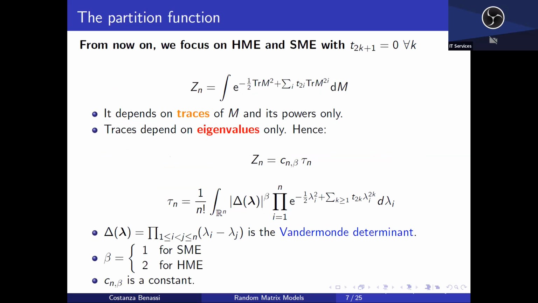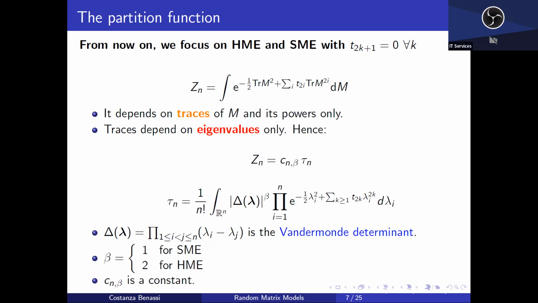So I'm going to restrict myself to a slightly less general case, but it's actually very interesting on its own. So in the case where our potential has only even degrees of interaction. So here, instead of having any possible power, I'm just going to have even powers, okay? And I'm going to exploit a very well-known fact, that given that our potential here depends just on traces, it means that I can write it using only the eigenvalues, and I can recast this Z just as an integral over the eigenvalues times an irrelevant constant, okay?